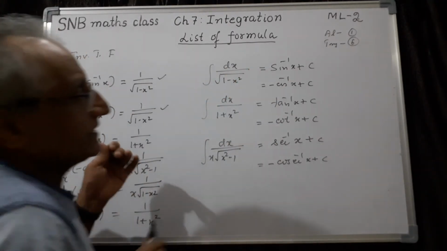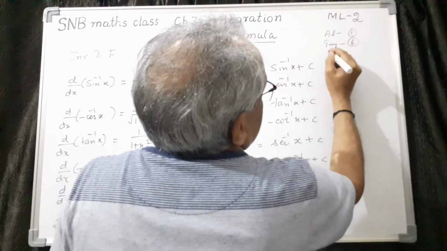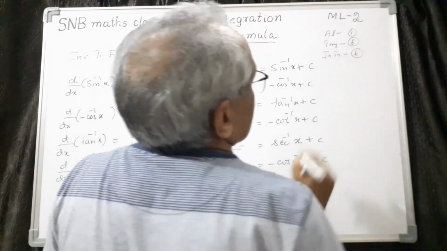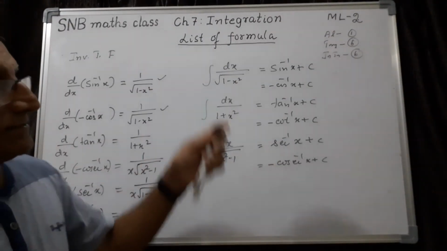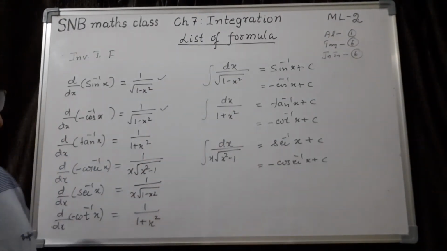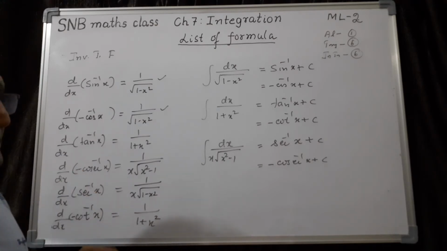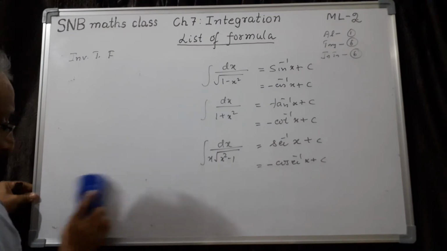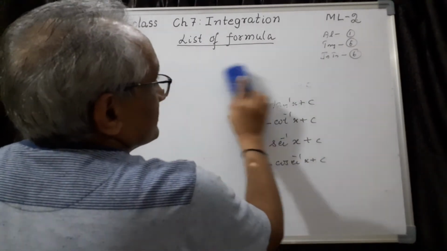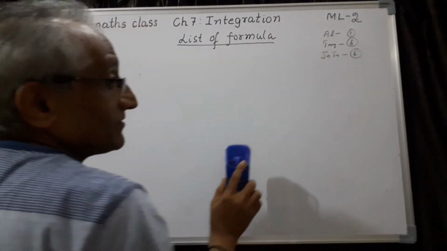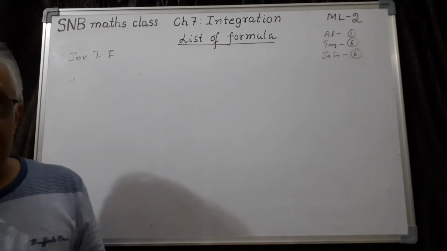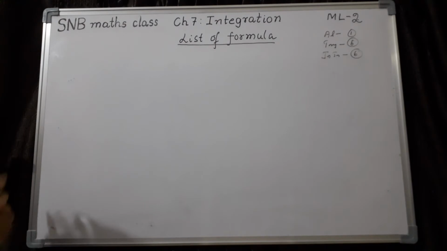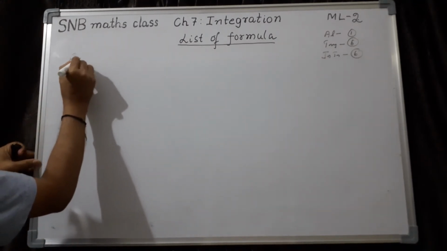So let me write here, inverse trigonometry, there are 6 formulas. So 6 plus 1, so 11. Now what is remaining then? After that we have studied the exponential function. If you remember, one is log, another one is e power x. So that completes our list of integral formulas this year. So let us take the next one, exponential function.